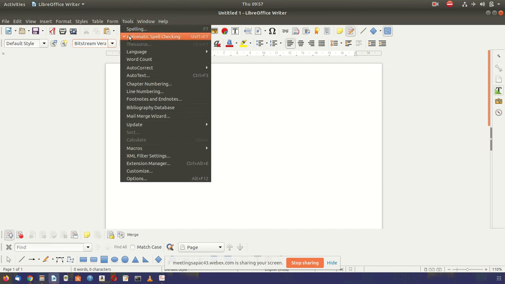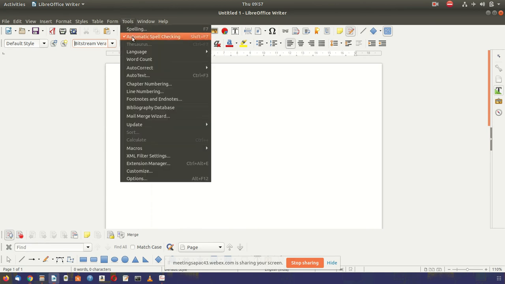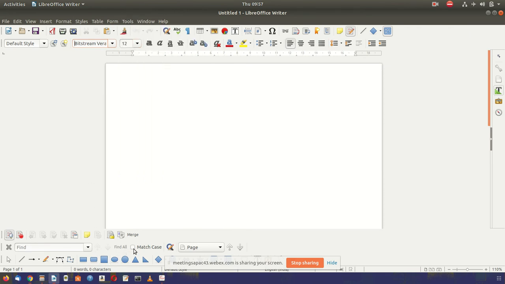And here you can have a tick mark, like here you can see I have done a tick mark also, automatic spell checking, yes or no. So I can put a tick mark here, and then there are options. So here is another tick mark option. If it is visible to you, this particular graphical user interface element, this tick mark option, is called a checkbox.